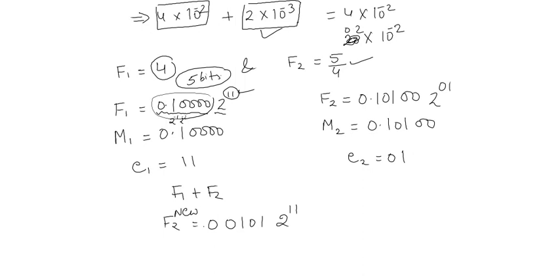Likewise, for 5 by 4 also we can write down the Mantissa and the exponent. Your exponent is coming 1, so 2 to the power 1. How much will this be? This will be half, 1 by 4, and 1 by 8. So we have to add them. If you add it, it will be 5 by 8, and the exponent is 1, so it is multiplied by 2. So 2 and 4 will get cancelled. I will get this number as 5 by 4.